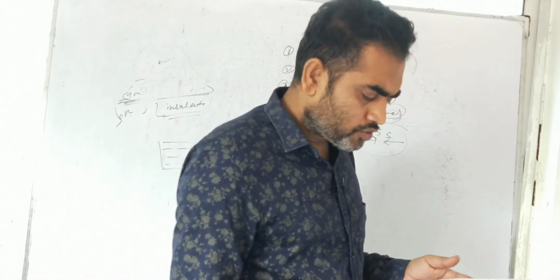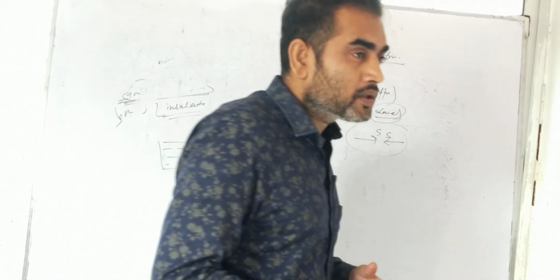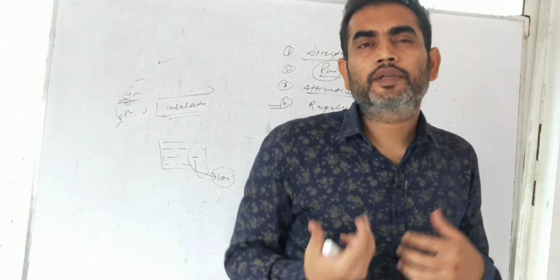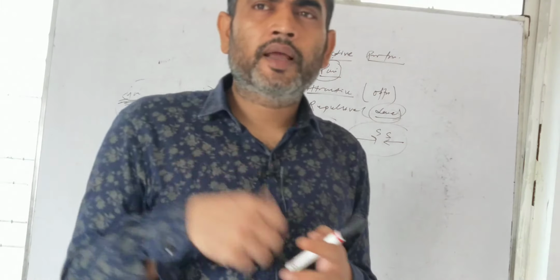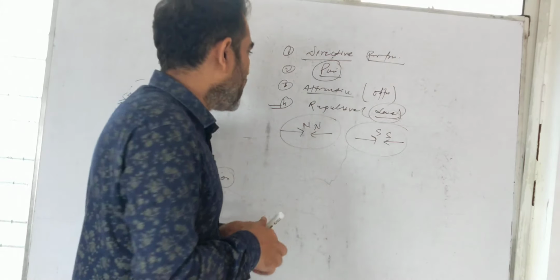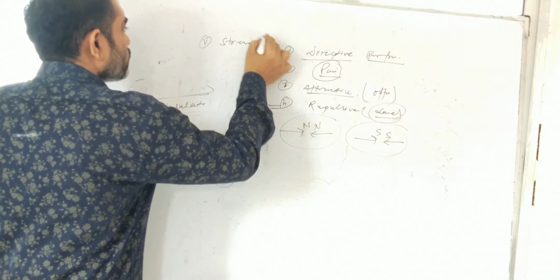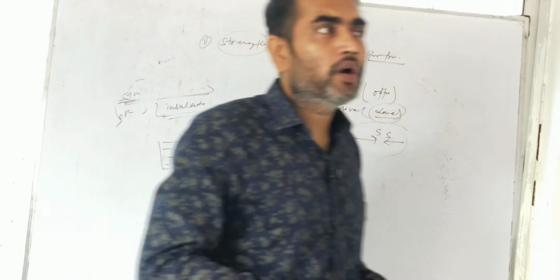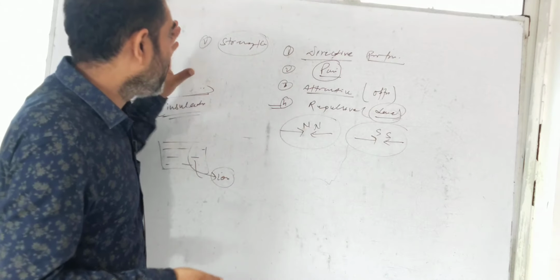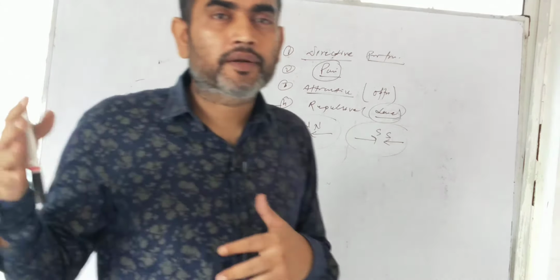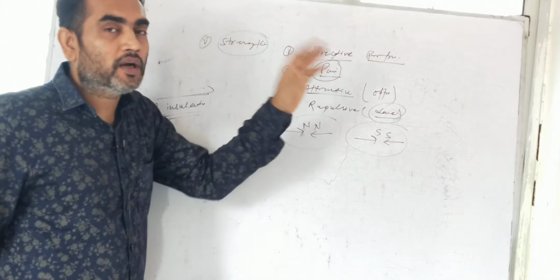And why is there a need to prepare an artificial magnet when we have natural magnets? There were certain disadvantages of the natural magnet. First of all, the natural magnet has its own strength, and the strength of a natural magnet cannot be altered. That means it cannot be increased or decreased. But our requirements for different purposes are different, so a fixed-strength magnet cannot be used for that purpose.